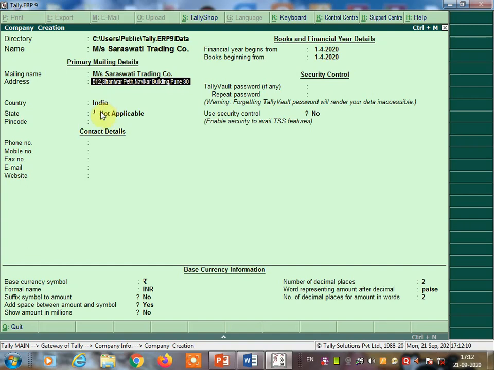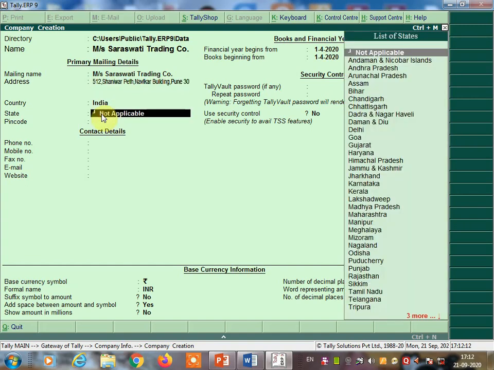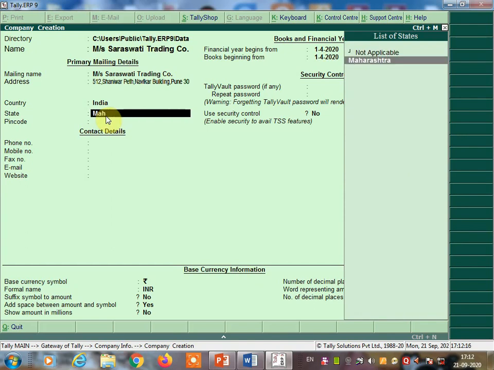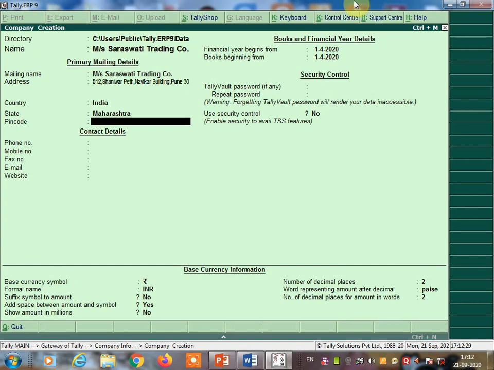Then you are going to select the state. Country by default is selected India, so you are going to select the state Maharashtra. So type here Maharashtra, or you can select the state name from the list. So Maharashtra.